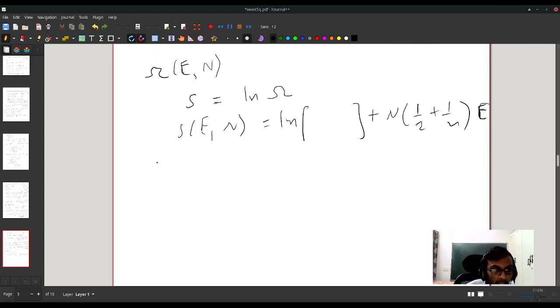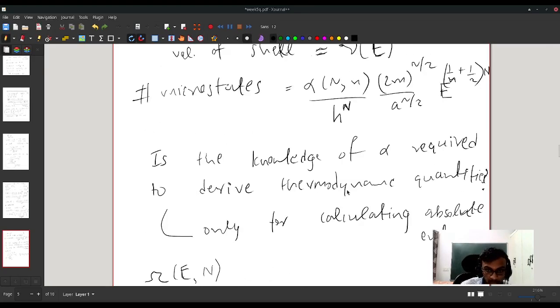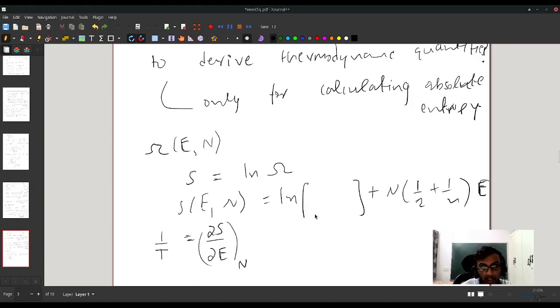We need the temperature, or the definition of temperature is that it is the partial derivative of entropy with respect to the energy at constant N. So that is why we don't need this alpha in this case, even though we haven't gotten the functional form of alpha. You can get away with it if you want to calculate, let's say, how the energy depends on temperature, or heat capacity. So this is simply going to be N times